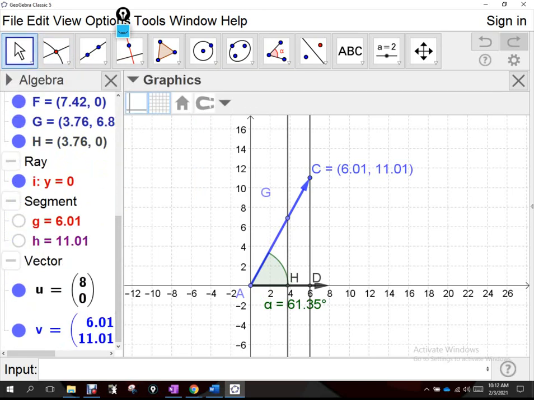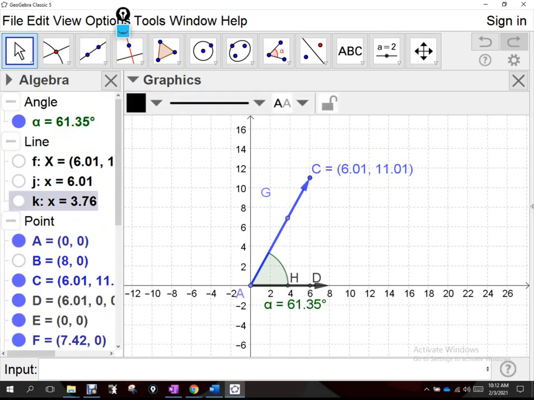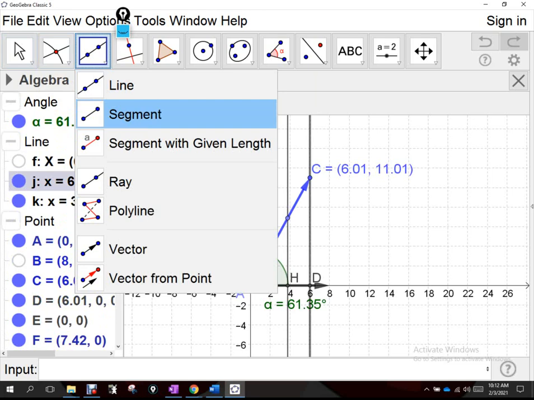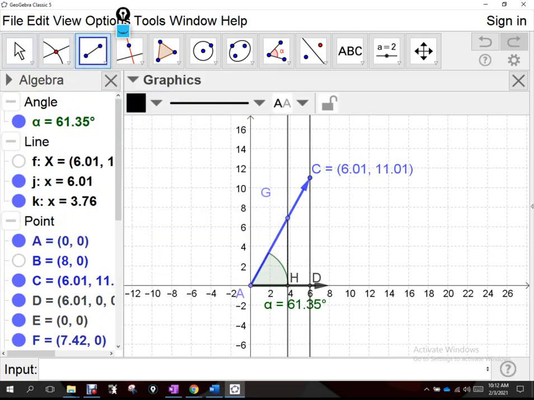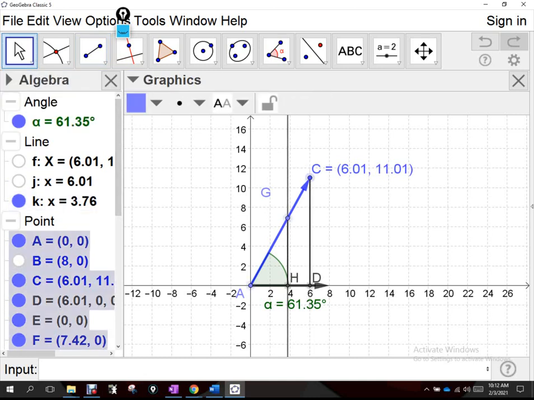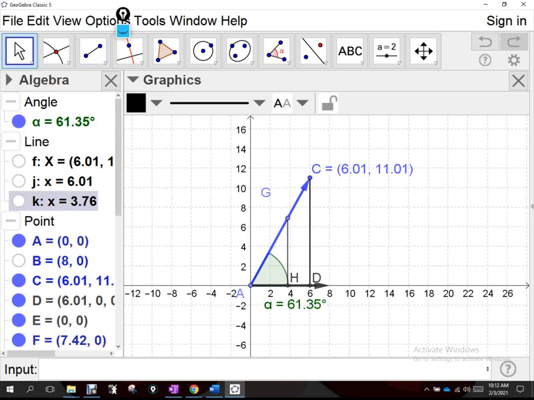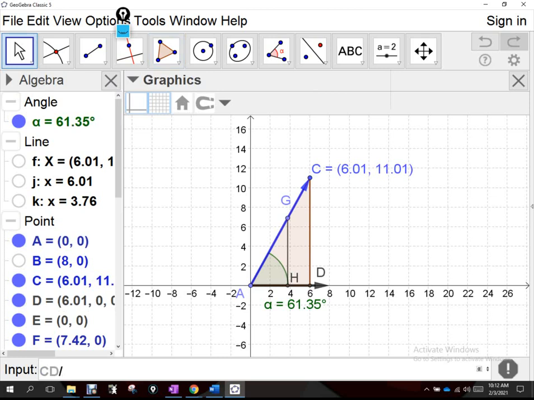But let's look at getting those segments created. So that segment and that one. All right, so I've got segment DC and segment HG. Is that okay with everybody? Okay. Now, when I look at segment CD, it's attached to right now that red triangle, correct? If I were to take the length of, let's just say, CD and divide it by the length of, let's say,